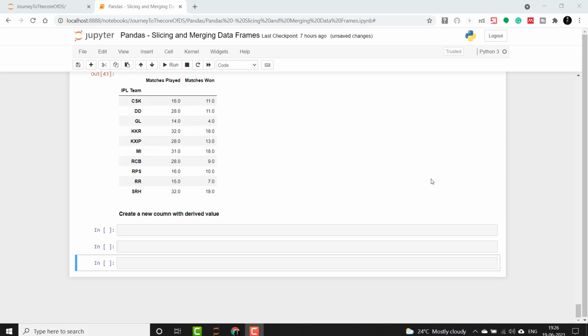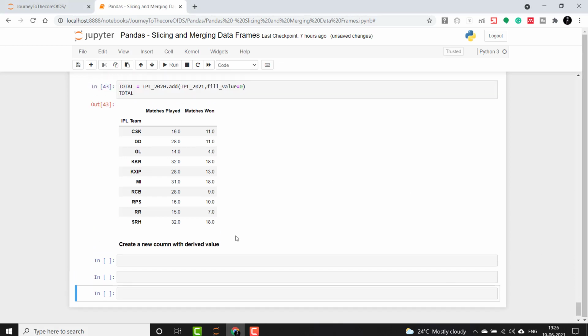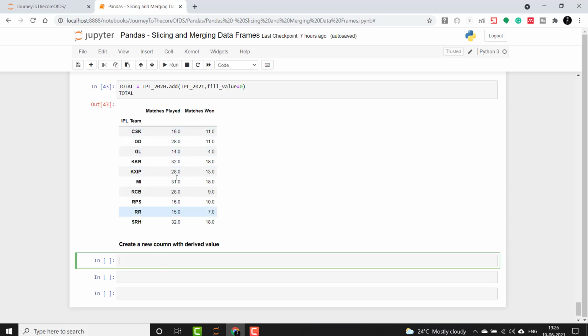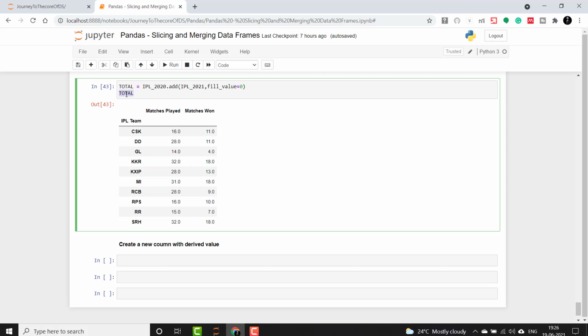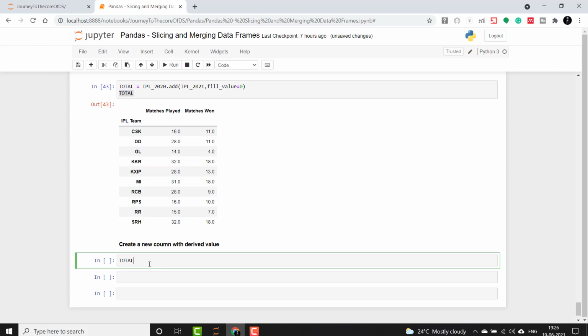So now let's say that we want to create a new column called win percentage, to calculate the winning percentage for each of the teams which have played in the IPL. We can calculate that by dividing matches won by matches played. So how to do that? We'll take this data frame and we will say win percentage.